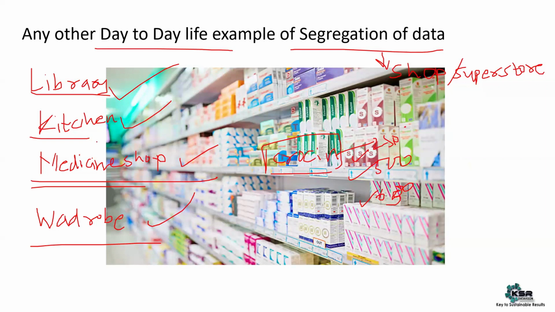Library is also one of the best examples. Your kitchen: if you are very fond of cooking and have a well-organized kitchen, your cooking would be way faster. Your wardrobe: when you're trying to pick up some clothes or some item you put in the wardrobe, if it is well organized, it is much easier to get a product. That's how the segregation, the bifurcation, the partition of data would be useful. And once the partition is done, we can do the analysis of it. So we have seen a few examples.